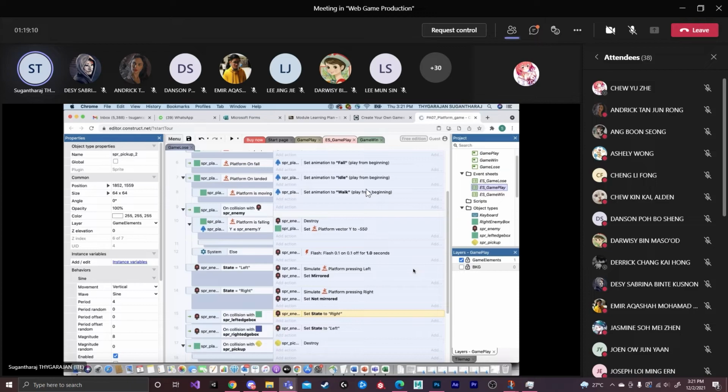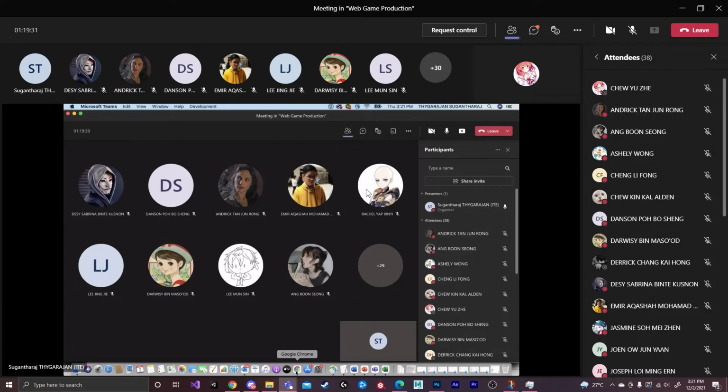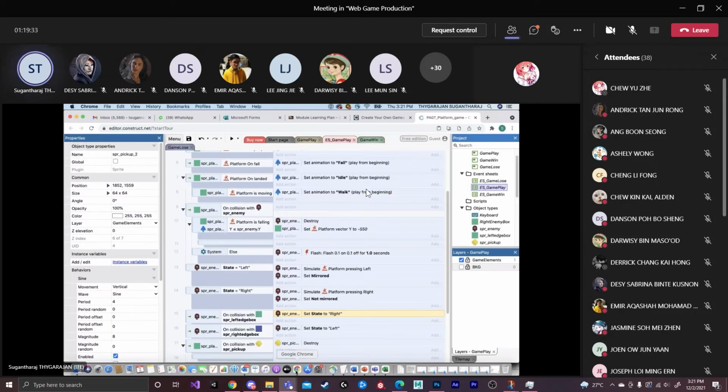Initially, we can have a global variable, just like score, you can have the life. For the life, you can set the maximum value as 3. So under the flash, you can just add one more action so that your life value can go down.